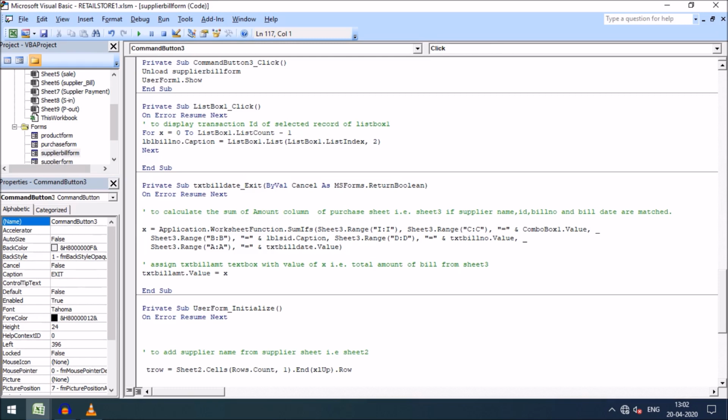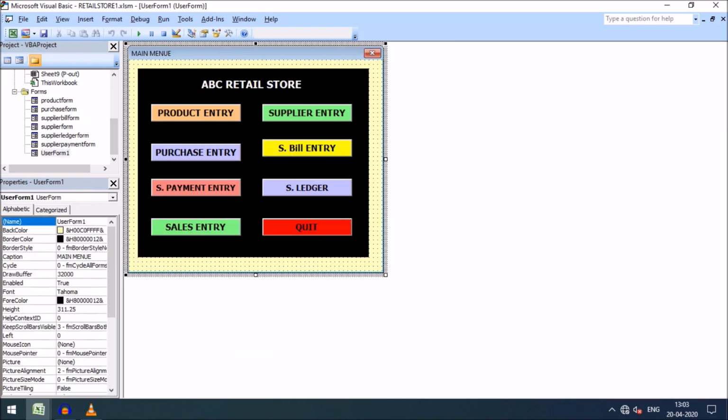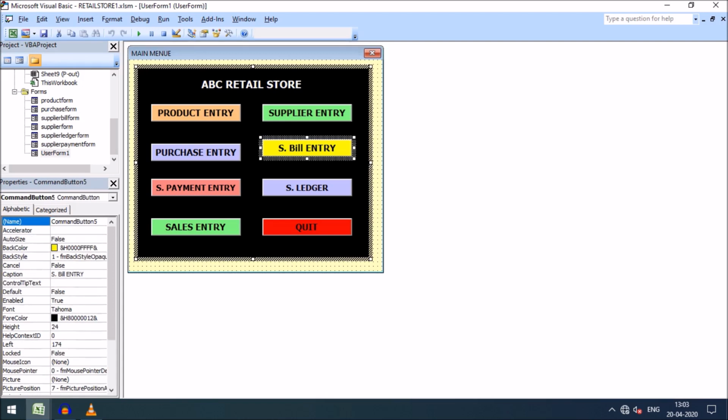I want to return to my main menu. In my last video I showed you my main menu; I have modified it a little because there are more forms here. So supplier bill entry is completed up to this point.